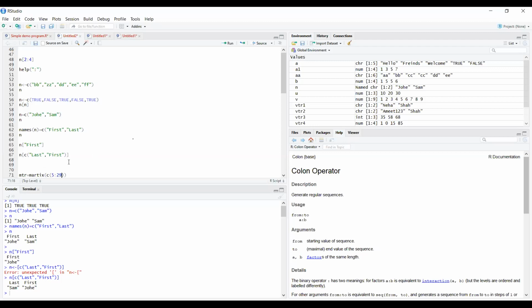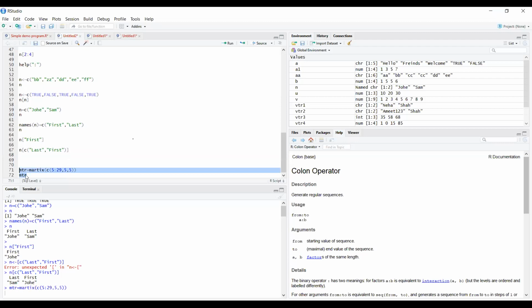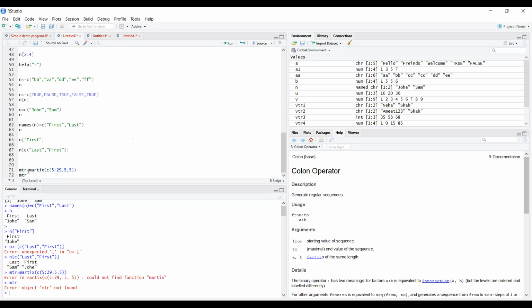I want to take from 5 to 30, so that's why we are taking 5 to 29. Then comma 5 by 5, and if I'm taking MTR, I'm sure it will execute. It is going to give me a problem that it is not defined. Okay, fine. So again, I'm taking the n value, not an issue.